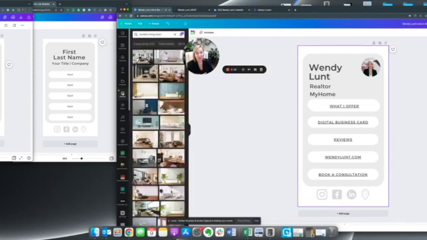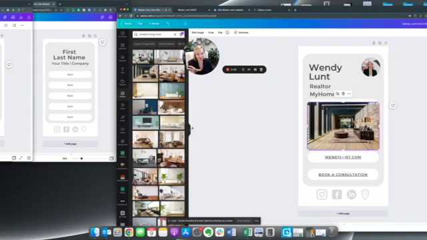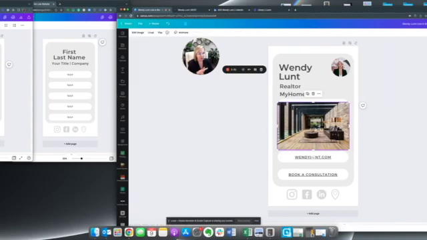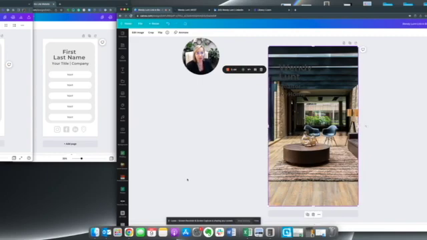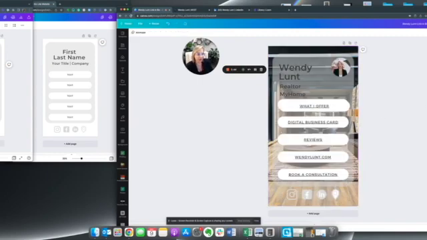So I'm just going to go in and grab a picture of a beautiful modern living room. So I'm going to click on that picture once. That's all you do to get it from over on the left-hand navigation into your canvas. And we're just going to grab these paddles and we're going to expand this picture so it goes from edge to edge. Once you've done that, click outside of it and you'll notice that it's now dropped into the background